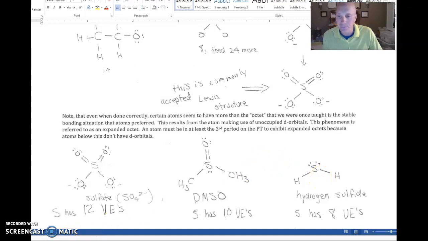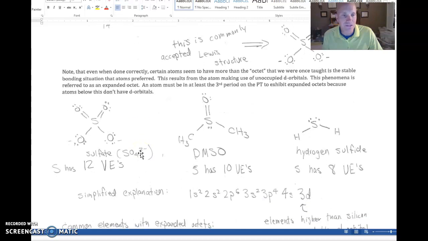So how does this happen? First of all, this can only happen with atoms that are at least in the 3rd period. One simple way to remember it is that it's only going to happen with atoms that are higher than silicon on the periodic table. So why does it have to be higher than silicon? Well, here's a simplified explanation for it. If you take a look at the